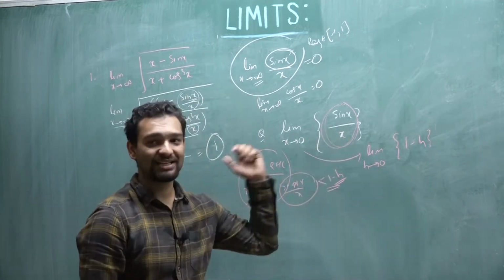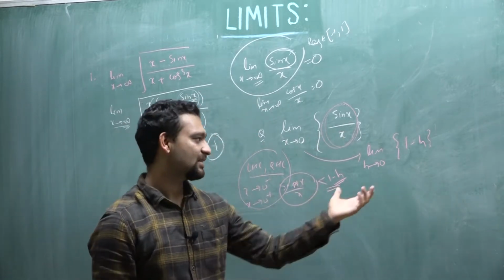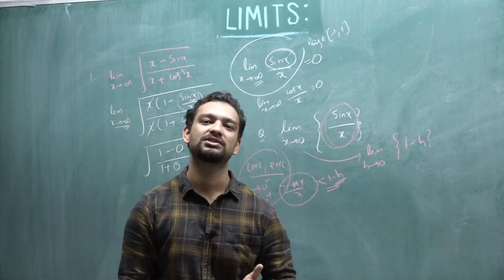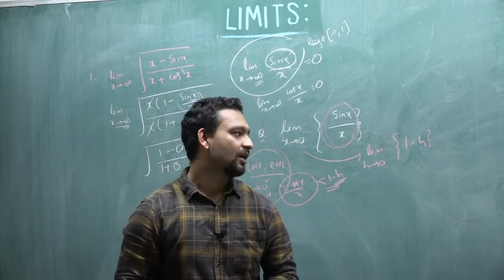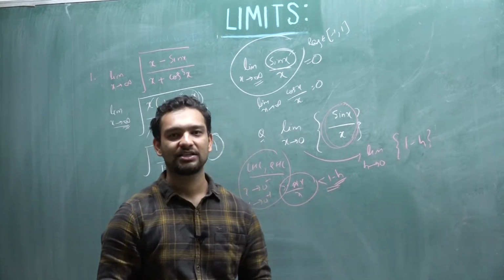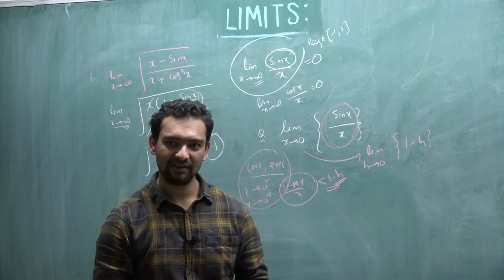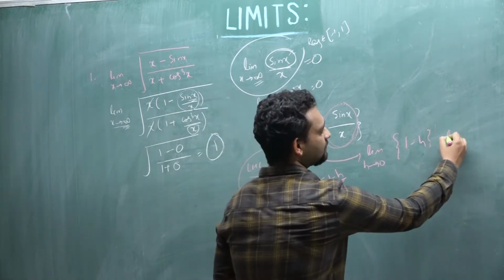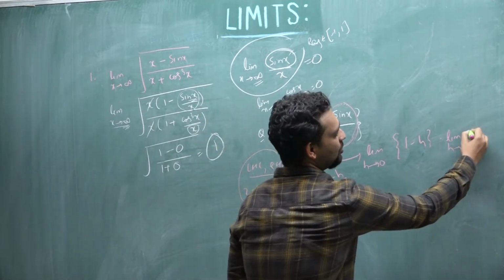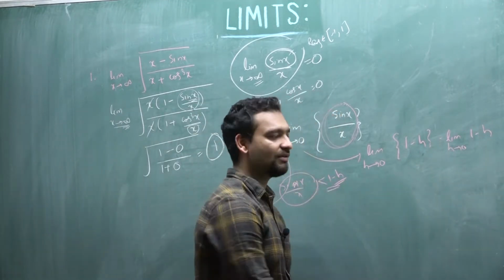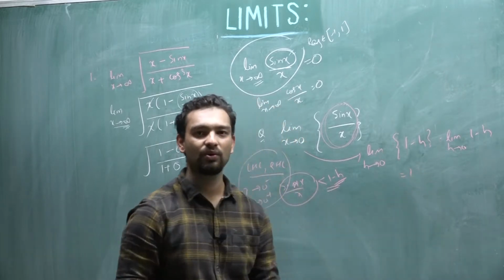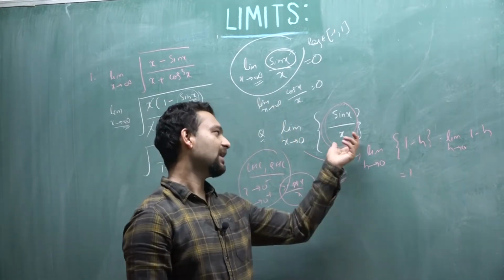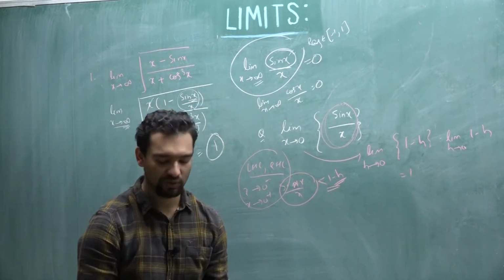Yes, because sin x by x will now be 1 minus h, and h is a very small positive quantity. So greatest integer of 1 minus h will be what? 1 minus h itself. So this will be limit h tending to 0, 1 minus h. Again put the value of the limit and you will get it as equal to 1. Or what we can say is, from here only you can directly write it as equal to 1.